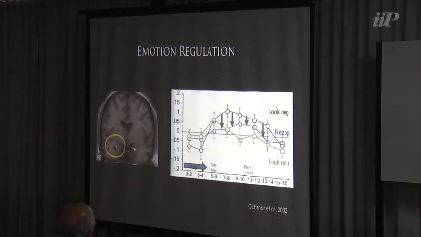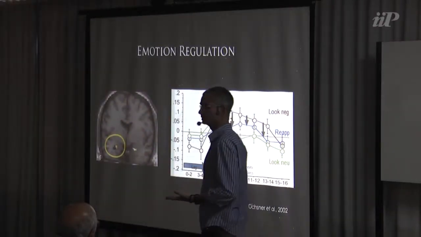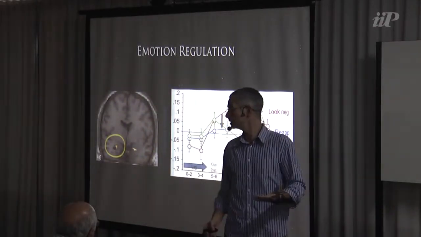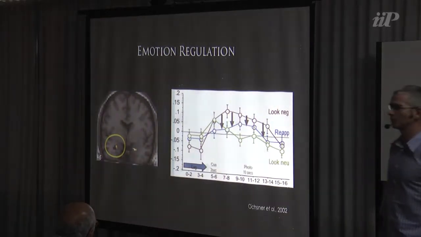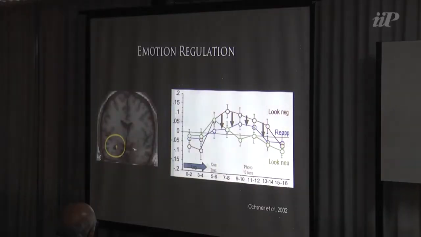Then you can move the ladder up a little bit, and try to understand processes that are important to humans, and that you're not able to do in animal models, like emotion regulation. So are there emotion regulation models in animals? I don't think so. No, right. So this is all we have.